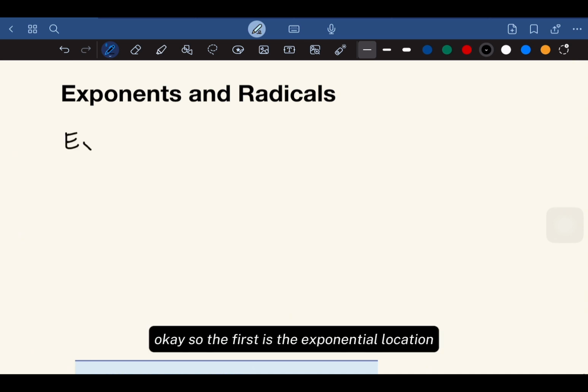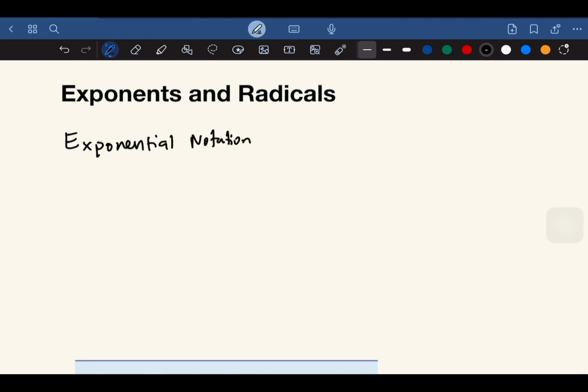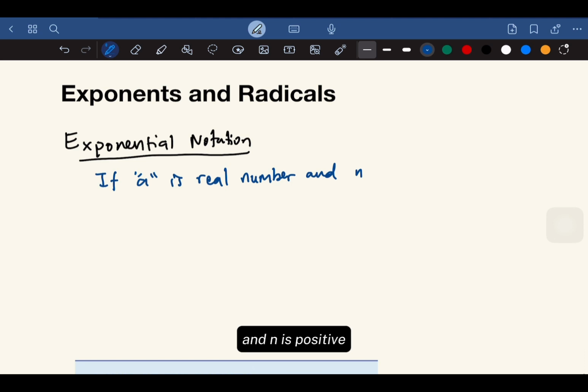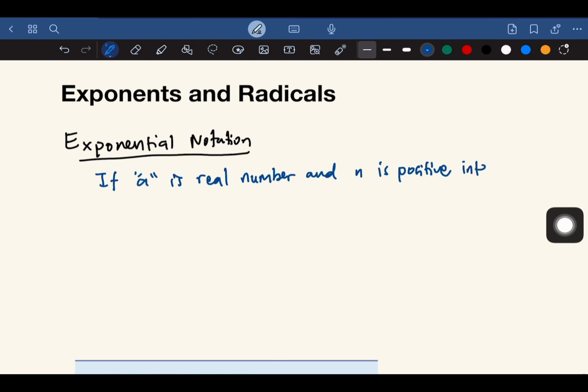Okay, so the first is the exponential notation. So if a is a real number and n is a positive integer,